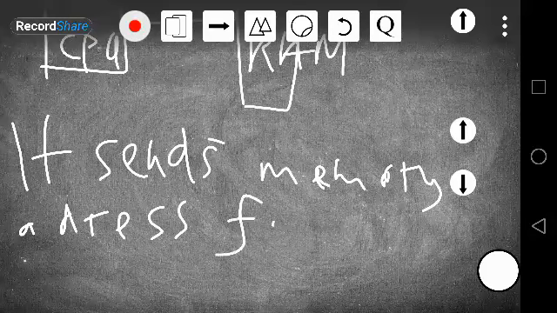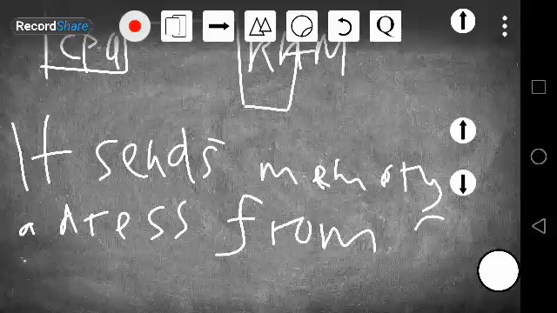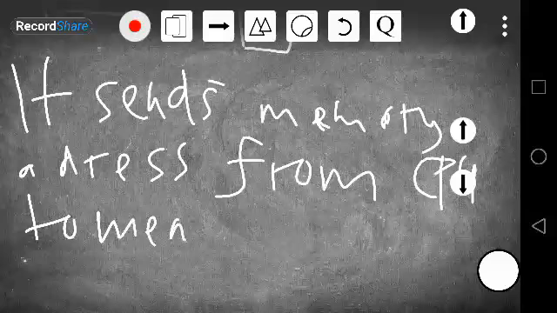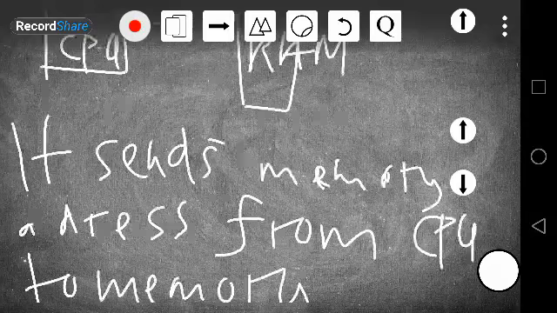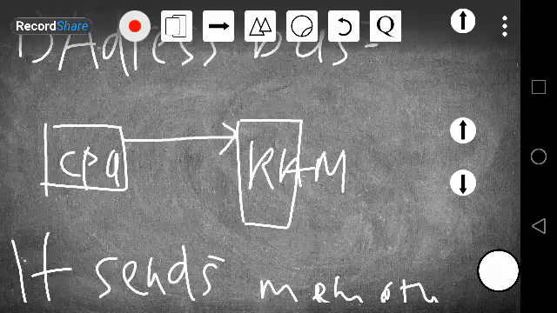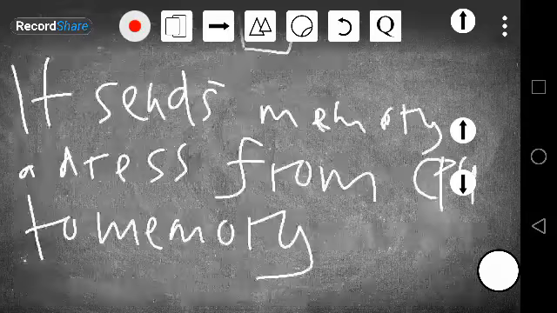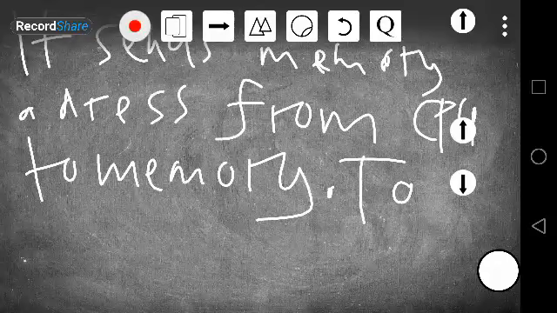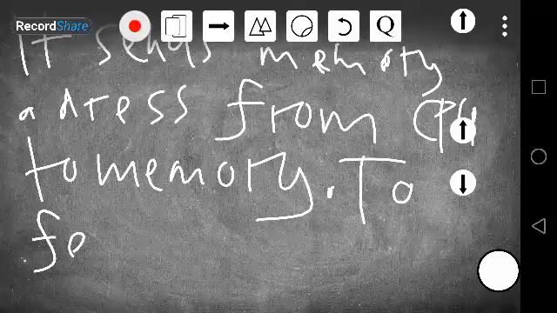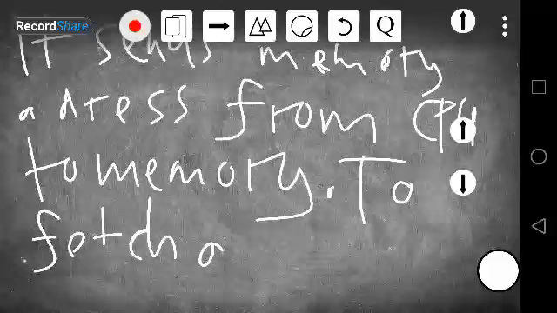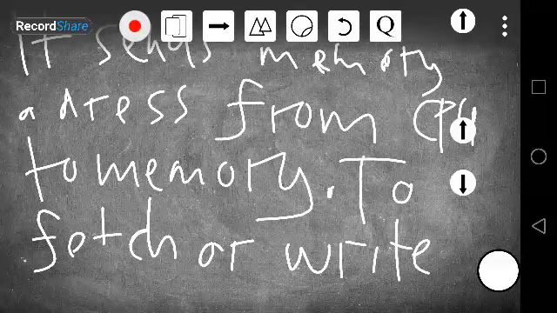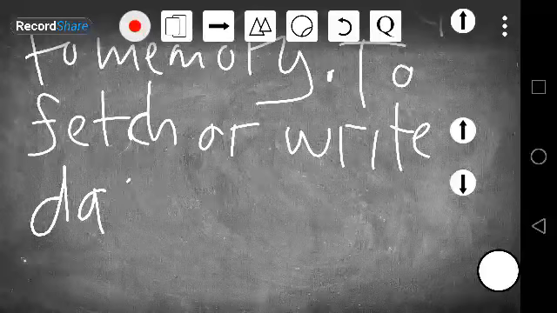from CPU to memory. So memory router in this case is the RAM. Okay? So a continuation to fetch or write data, to fetch or write data,